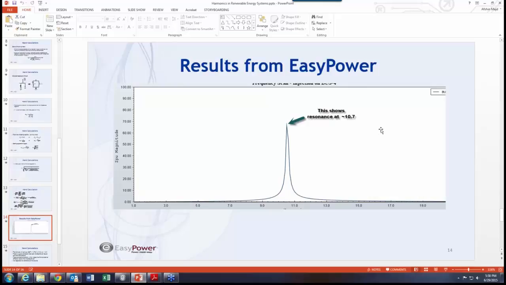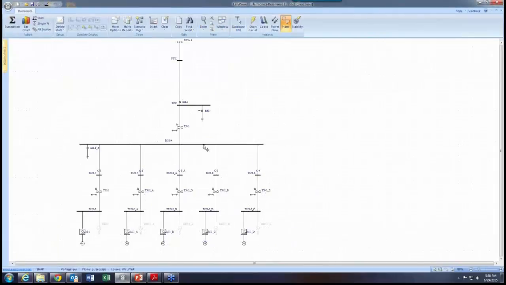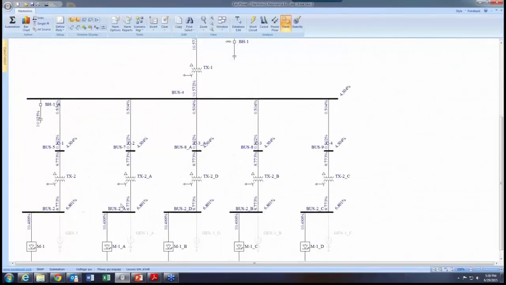Now let's go back to EasyPower, run a frequency scan, see what the frequency scan looks to be, and actually shows to be 10.7 here. This is a screen capture of EasyPower, but I come here, I come to frequency, and these are good for my summation. They're gonna give me THD for the voltage, THD for the current. On the other side, again, THD for voltage. You can see different values. This is the